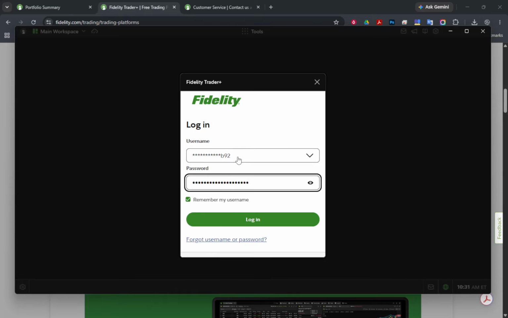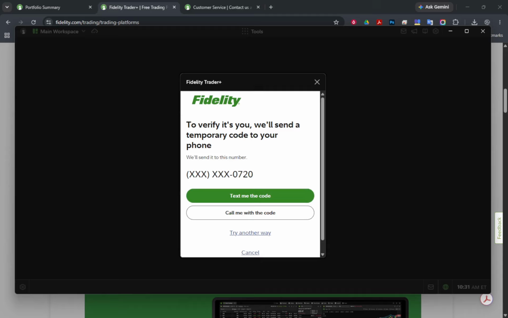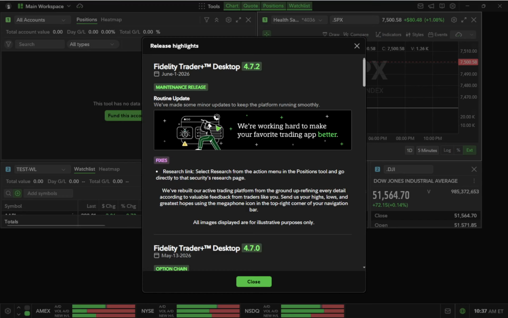It's important to note that you must have a Fidelity brokerage account to use Active Trader Pro. Some users, especially those who trade frequently, might need to request access to the platform. This is because Fidelity often grants access to active traders who can benefit from its advanced features. If you encounter a platform called Trader Plus instead, don't worry. This is Fidelity's newer offering, but you can still reinstall Active Trader Pro if it's supported on your account.